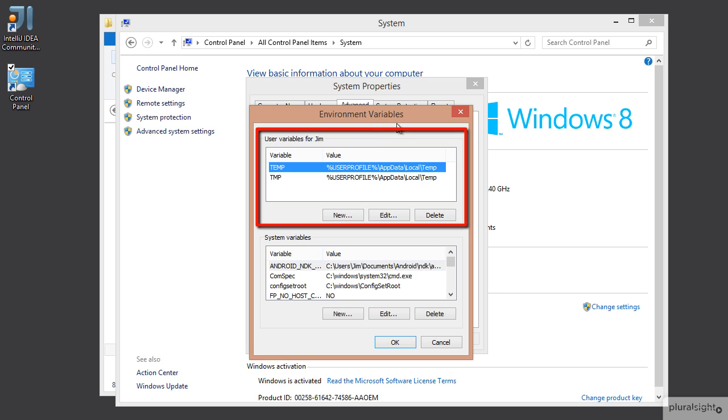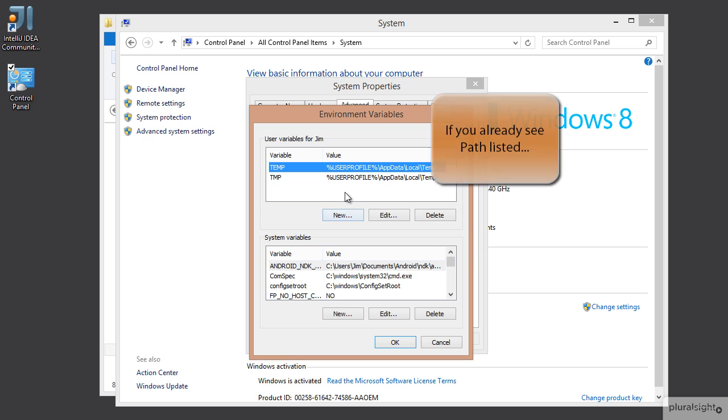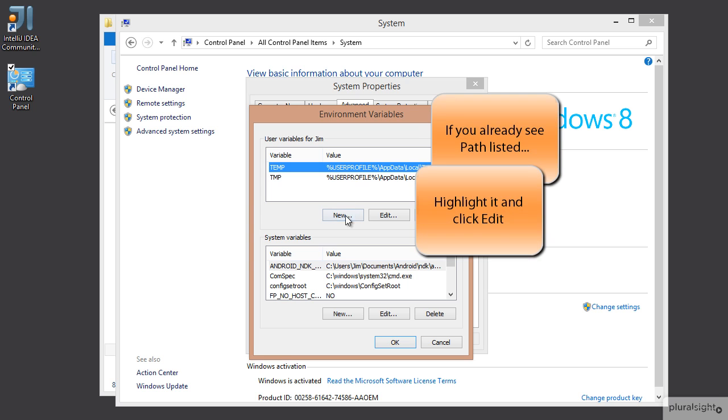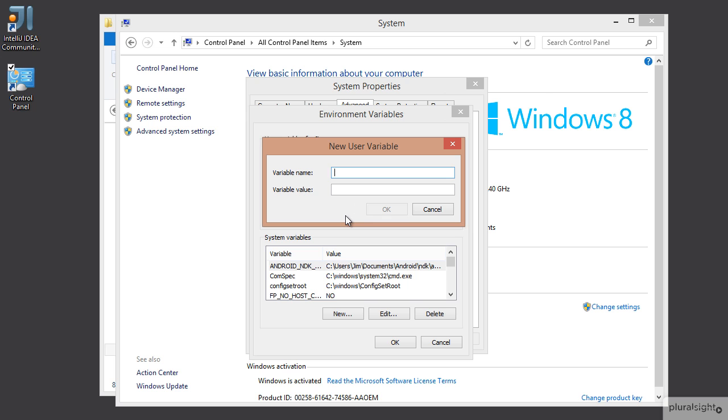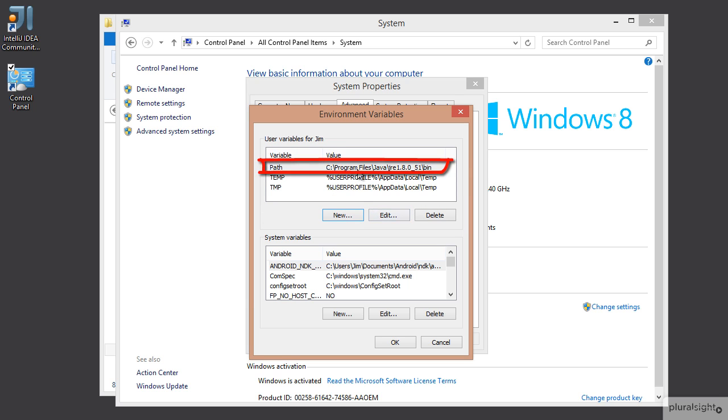Now, I happen to have no current user path set up. On your machine, you may already have an entry in here that says path. If you have an existing one, you're going to highlight it and say Edit. I want to create a new one because I don't have path yet. So I'm going to call it path. And what I'm going to do is paste in that location where the java.exe was. When I say OK, now we see path listed here. And so just to clarify, when you open